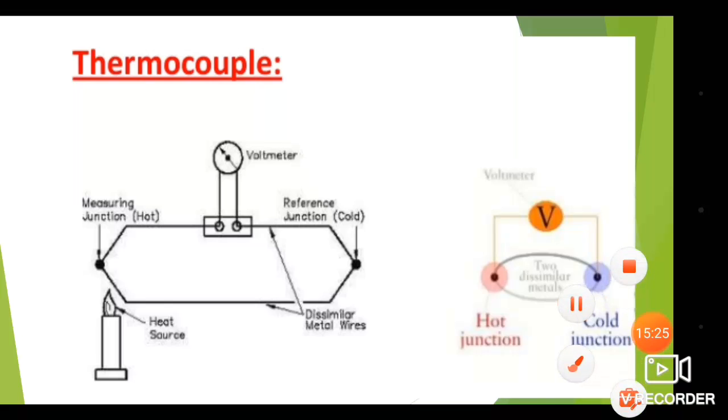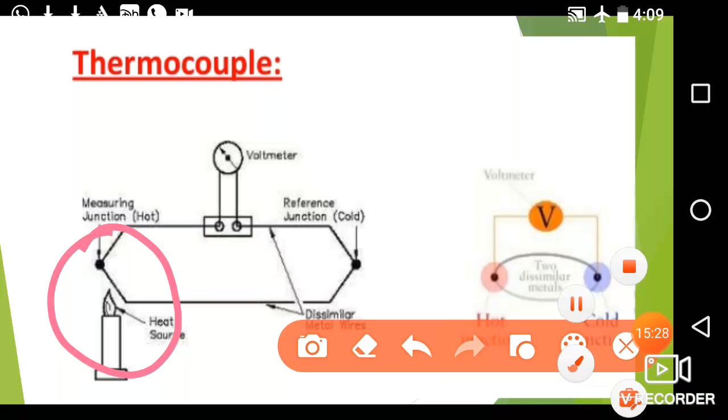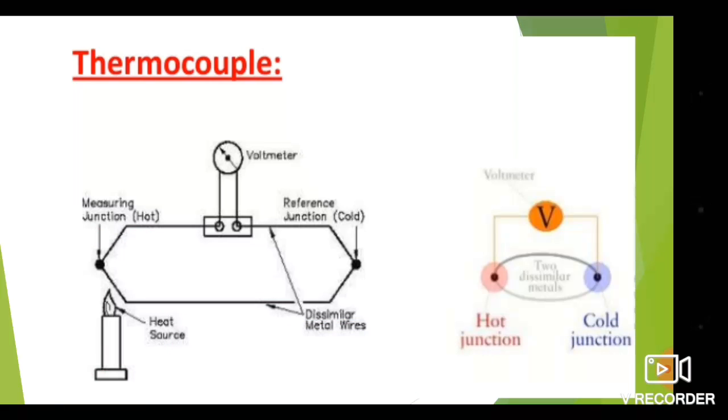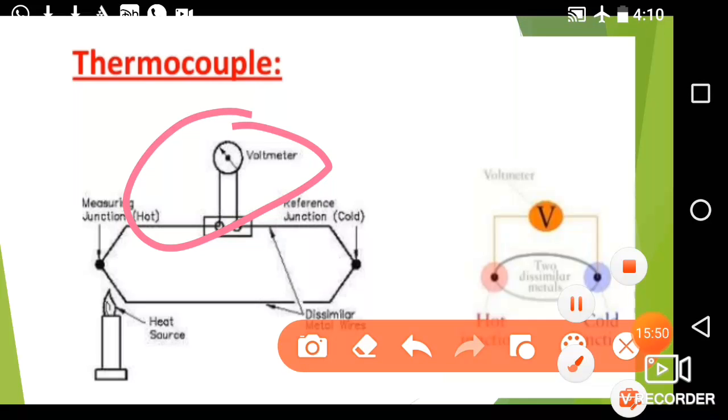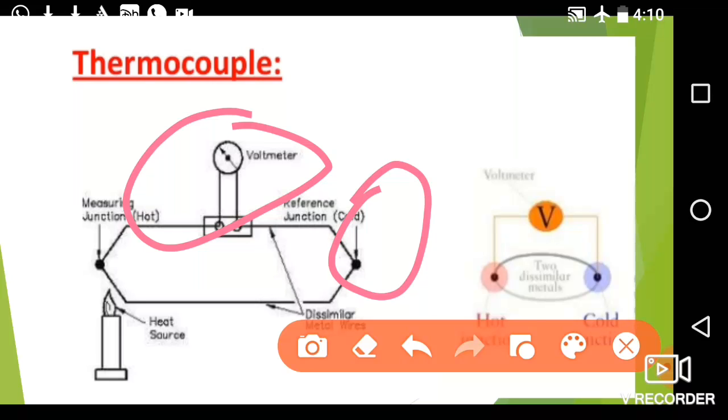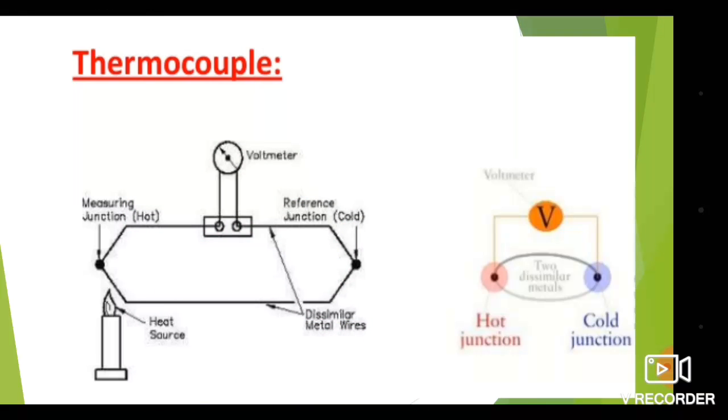This hot junction is continuously heated by means of a heat source, it is a candle or any source of heat, and here is the voltmeter which is used to measure the potential. Here is the reference junction, that is the cold junction, and it is protected from the daylight. Here are the hot junction and cold junction. This potential difference exists due to the